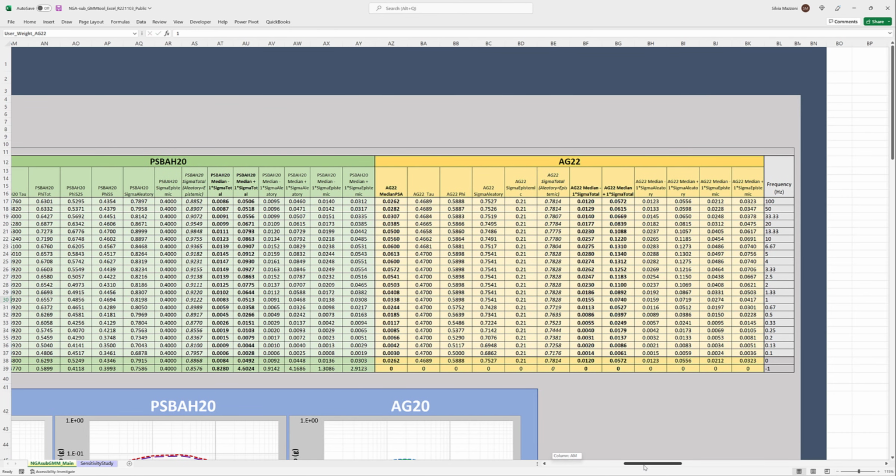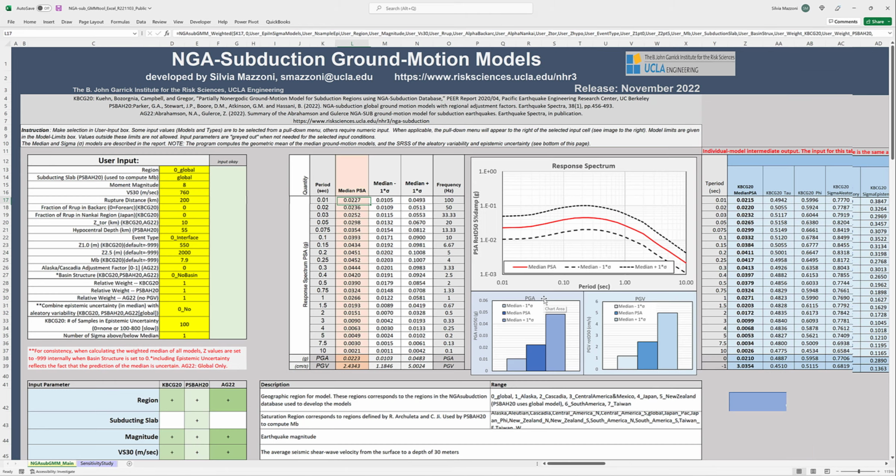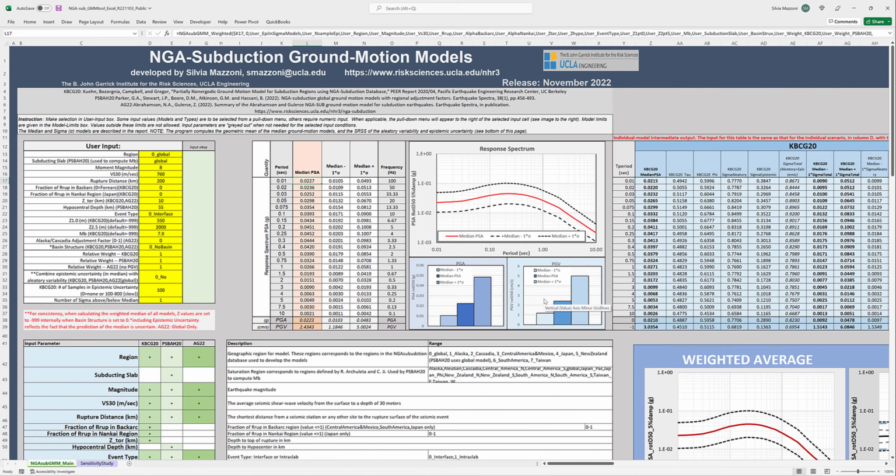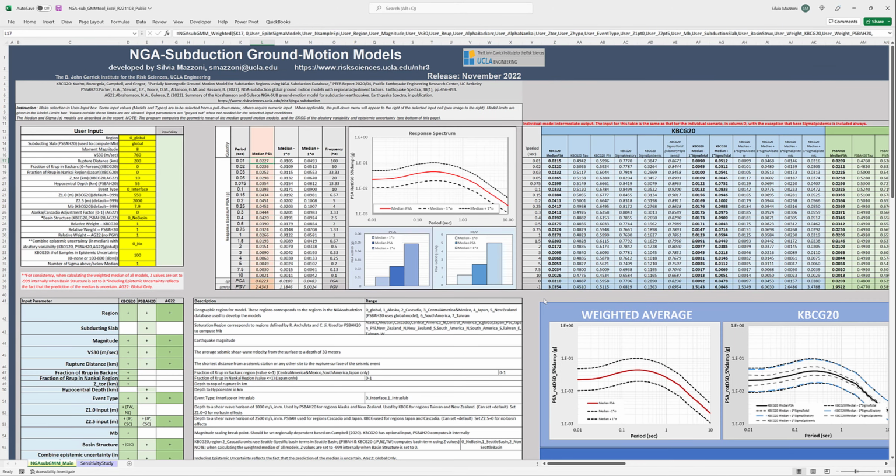If we scroll over here, you'll see that I've got 0. I can't do -999 because then it throws off my medians and averages and values. And so I just return 0 for the PGB for AG22. I'm going to zoom out here a little bit and show you that this spreadsheet, actually this tab itself, is